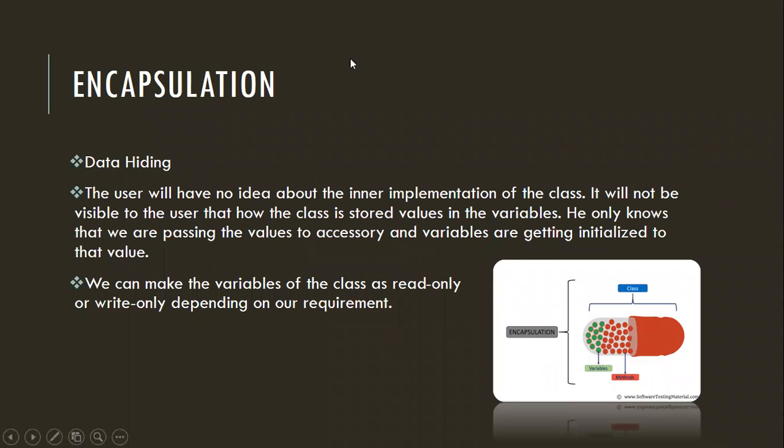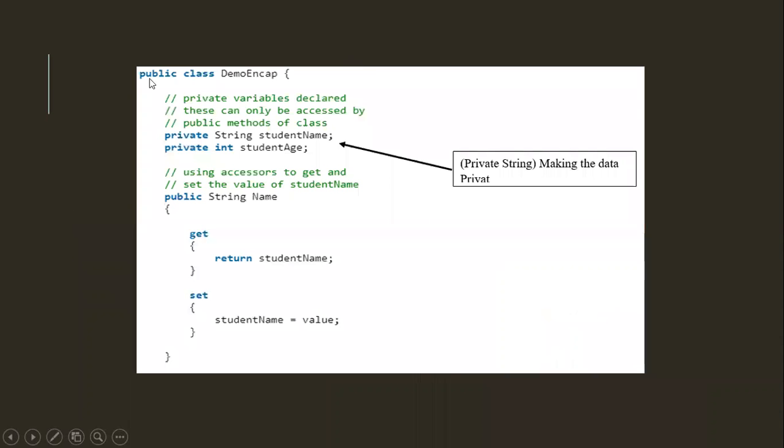Okay, so we'll be learning some examples for that as well. Here a coding example has been given. So look at this program. Here there is a class, a public class, called DemoEncap. It is a class made for encapsulation. I will teach you separately what private and public mean, okay, don't worry. So they have given a private variable declaration.